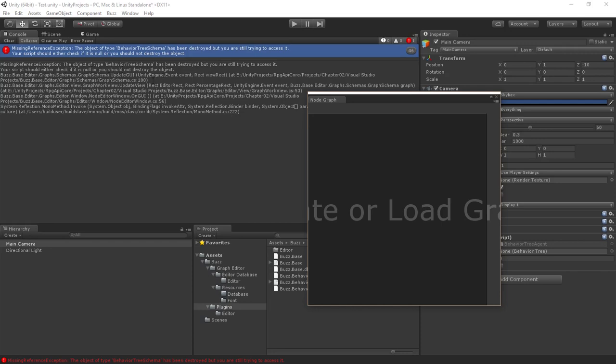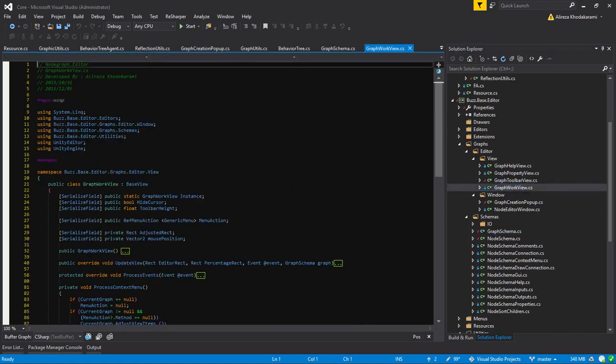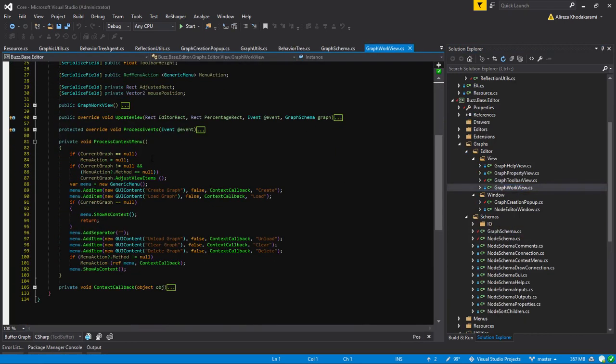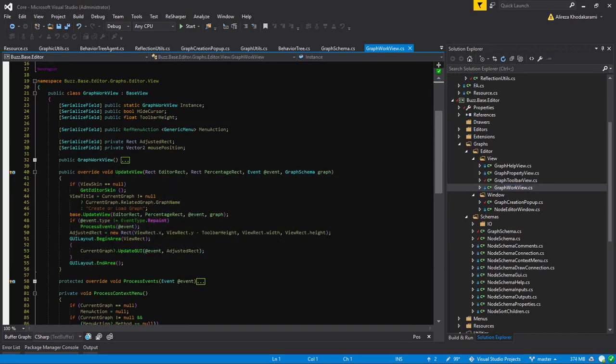Update GUI, okay, where it's being called from is graph work view line 53. Line 53. Somewhere around here. Current,